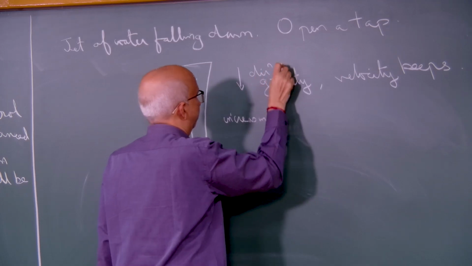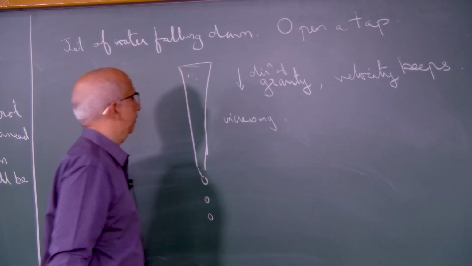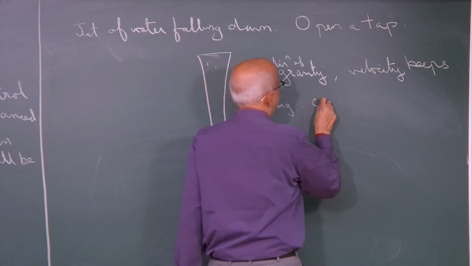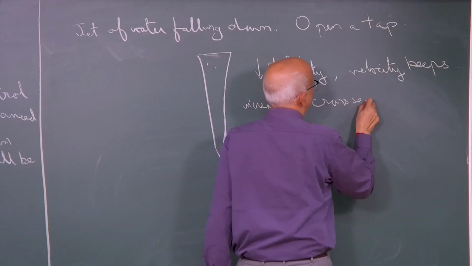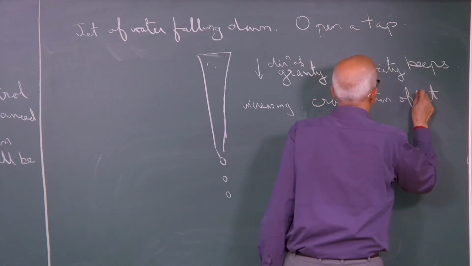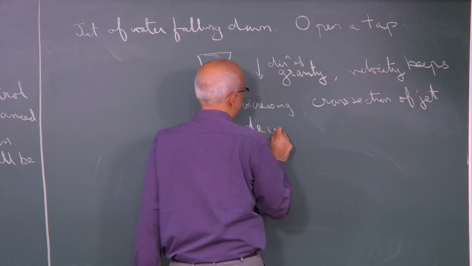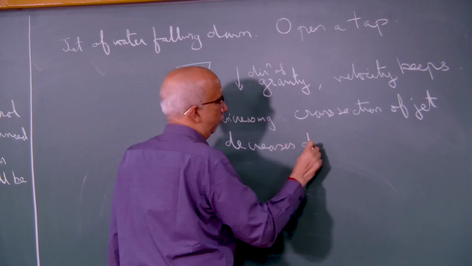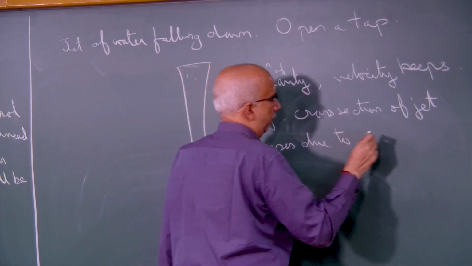The velocity keeps increasing, the cross section of the jet decreases due to continuity,